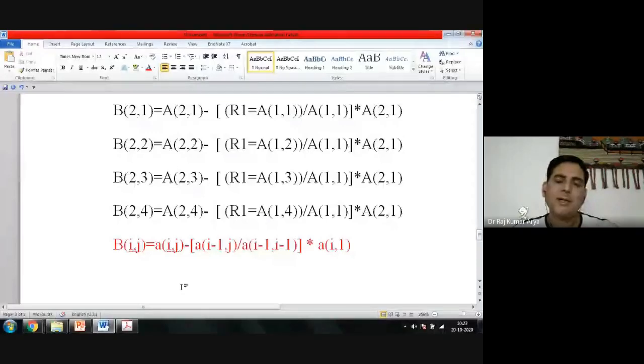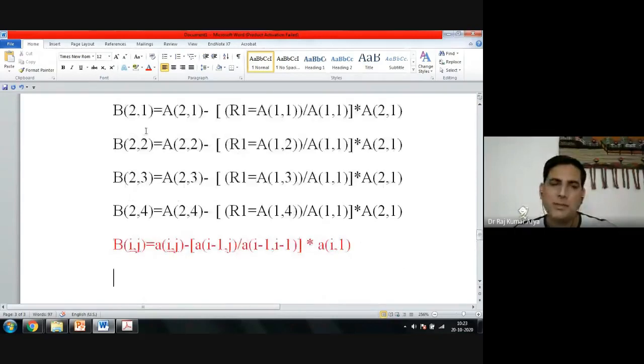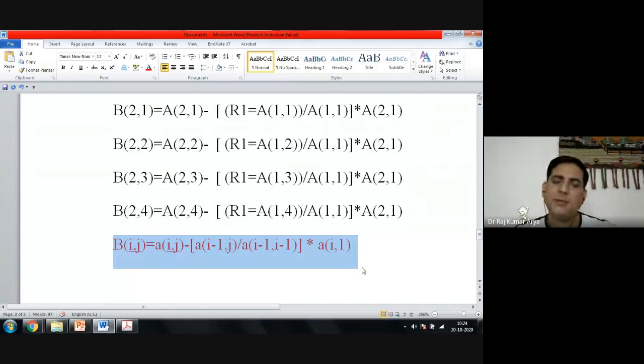Then you think what is changing there, what can I change, what loop can I use? So if I put I equal to 2, my J is going from 1 to 9. So this is everywhere I, this is also everywhere I, and this is everywhere I minus 1. I can correlate that, therefore I wrote I here. Now this is J 1, 2, 3, 4, 5, 6, 7, 8, 9, so I can put J here. Therefore, this command will generate my second row if I is 2.